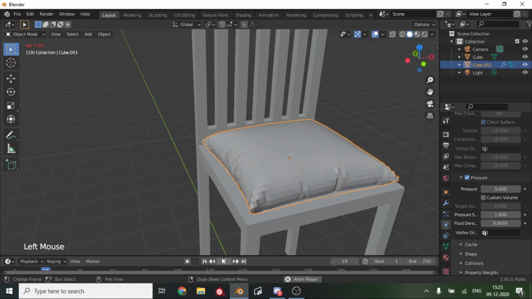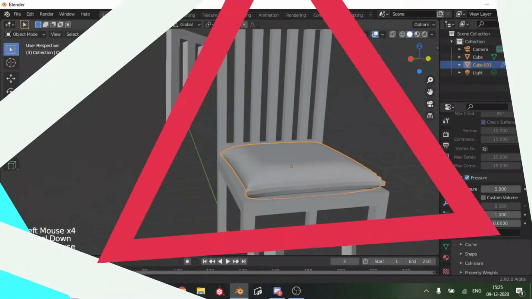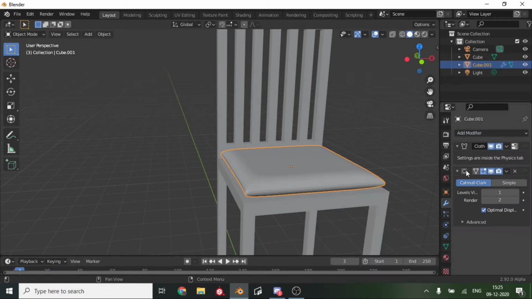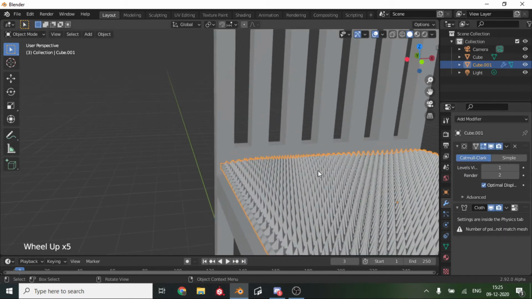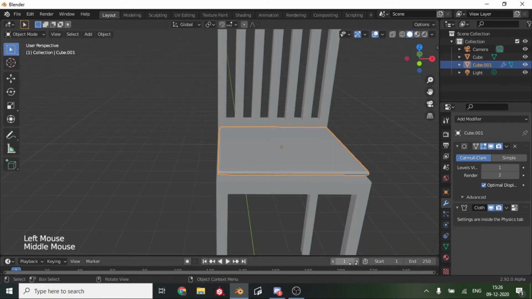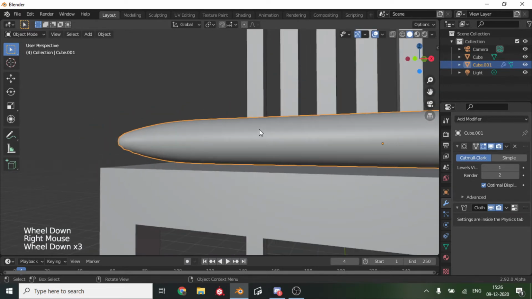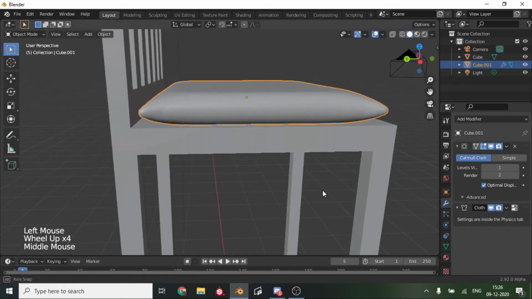And now you can see it somehow transforms into something that somewhat represents a pillow. Give this a subdivision surface in the modifiers tab. We want to add the subdivision surface over here, and there is a rule. We want to select this and bring it up because we want it to be subdivided first, and then we feed it into the cloth simulator so that we can get a higher and better looking cushion. After that we can shade it smooth, and we can wait until it puffs to your liking.